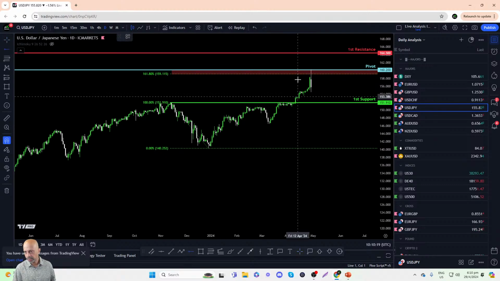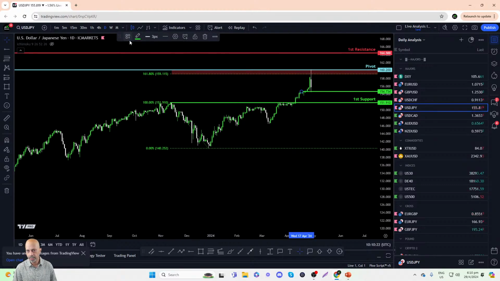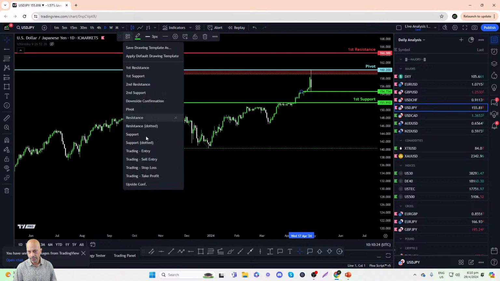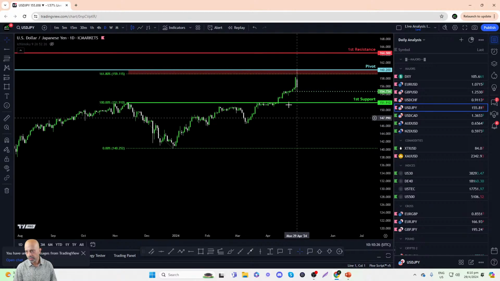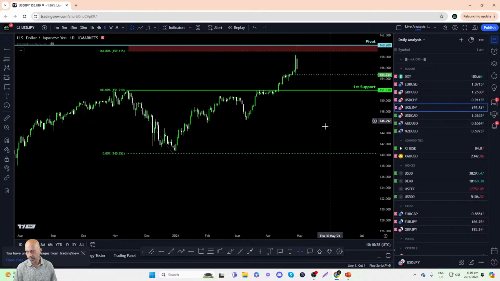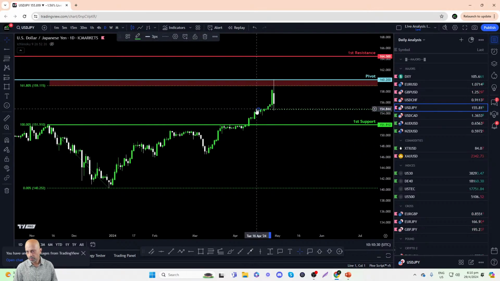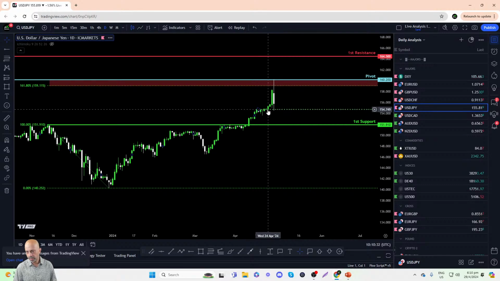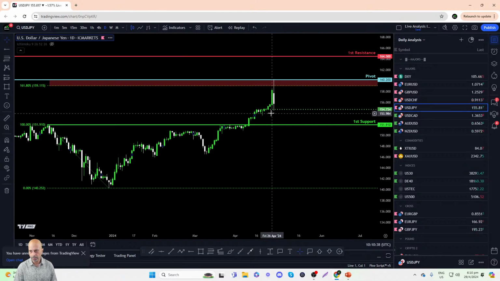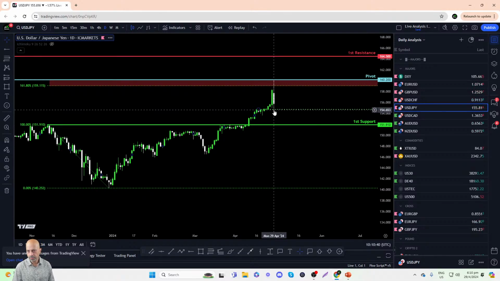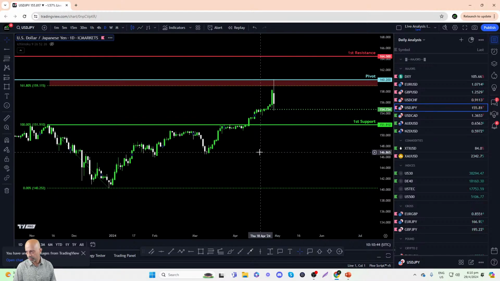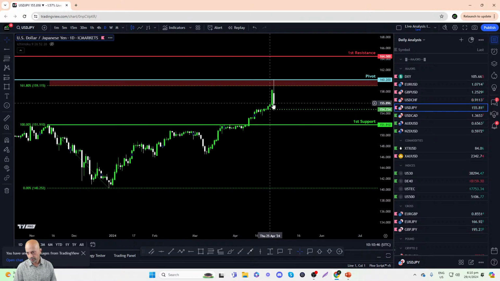Now, what about support? Maybe there's a pretty decent intermediate support that we can identify at 154.73. Right, previously, okay, let's zoom in a little bit here. Previously, once again, the dollar yen was trading underneath this level or around this level for a period of 5 to 6 trading days before finally breaking higher. Then, as it pulled back sharply today, once again, it does seem to have found support around here and bounced to trade around 155.81.